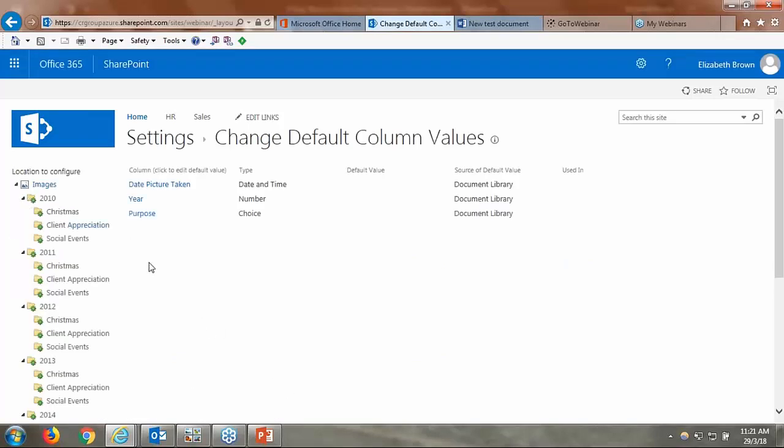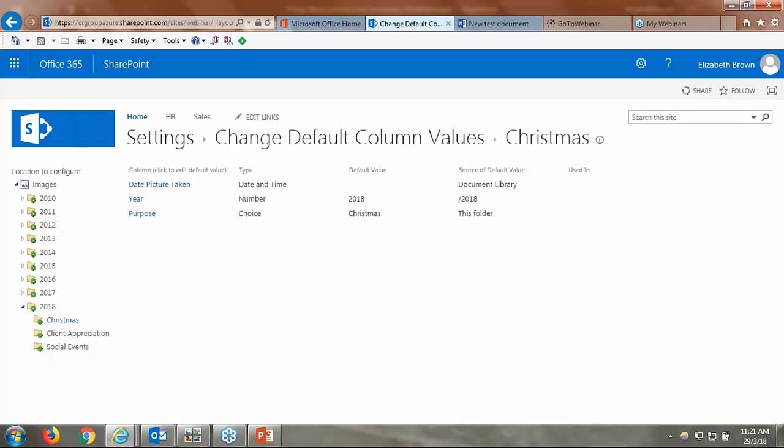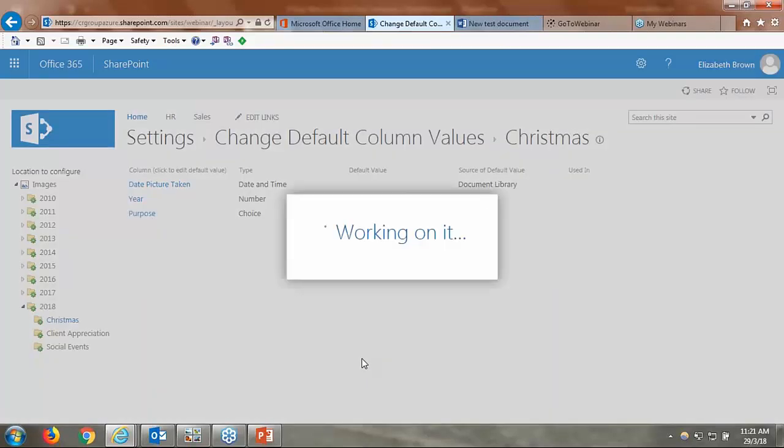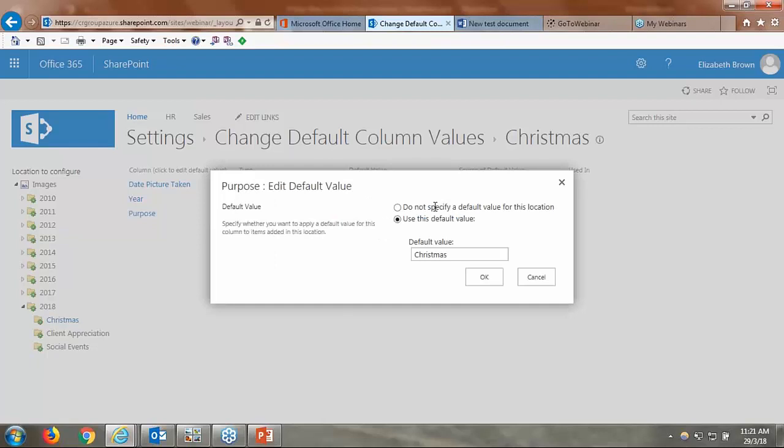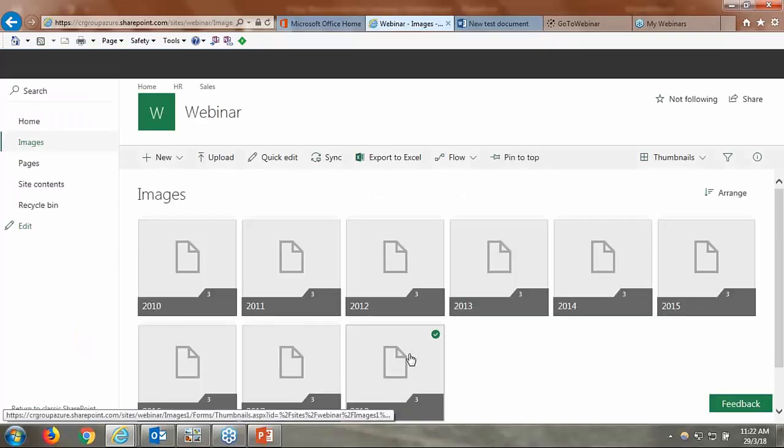And then basically we just scroll down here. And then we can actually just select that new folder I created, and then just come in here and set the value that we want. We're going to say, use this default value for this metadata field. So for the purpose one, set it to this. And so on the folder for 2018, this is the year, and we're going to set it to this value. So now if I go back to the library here,